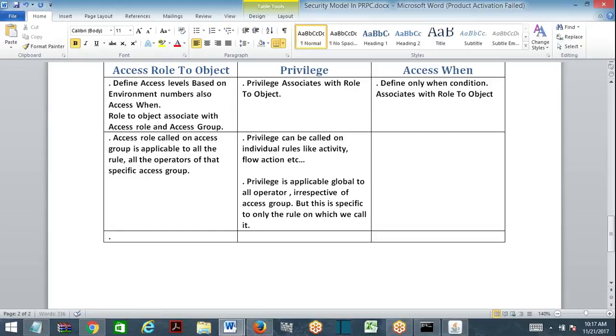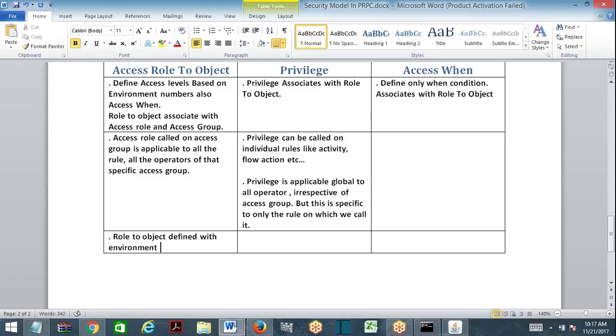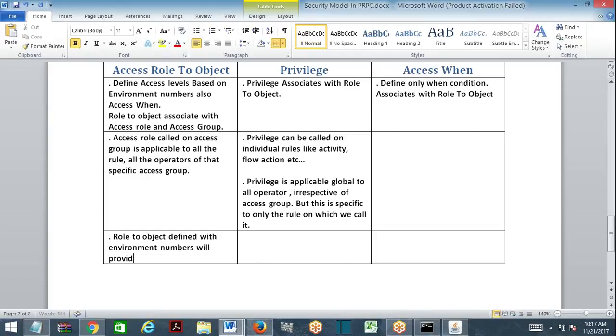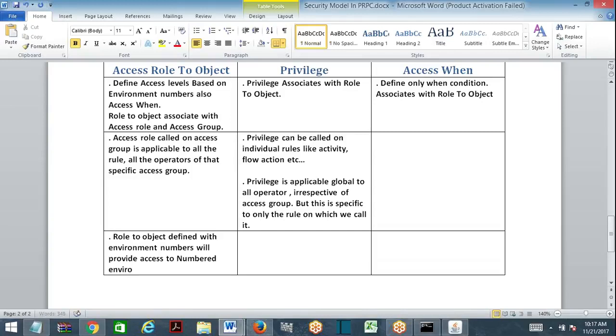What about role to object? Role to object is defined with environment numbers. Environment numbers will provide access to the numbered environment and below environments.